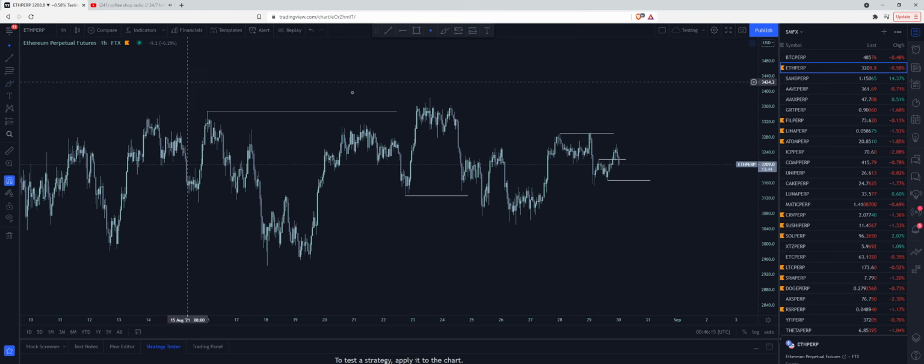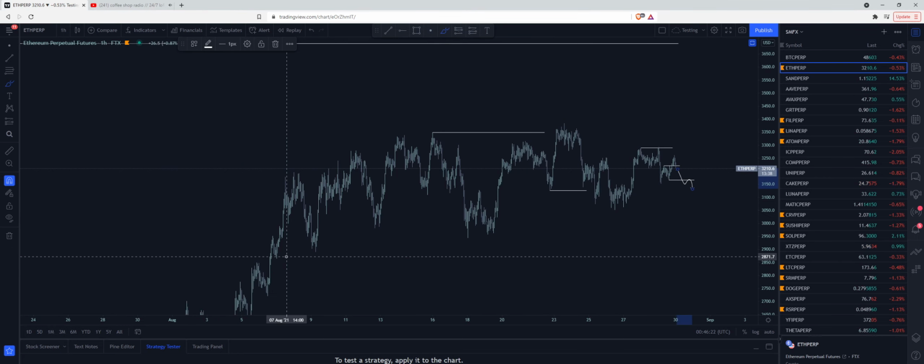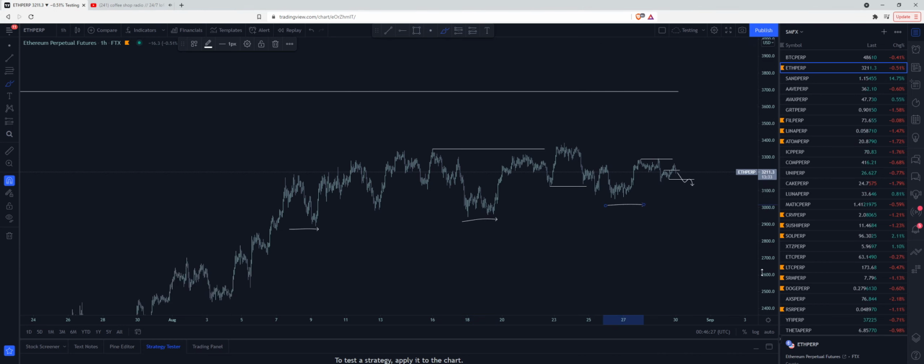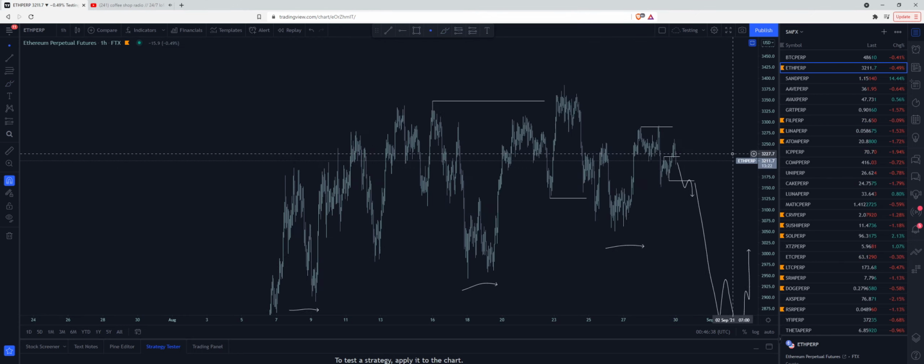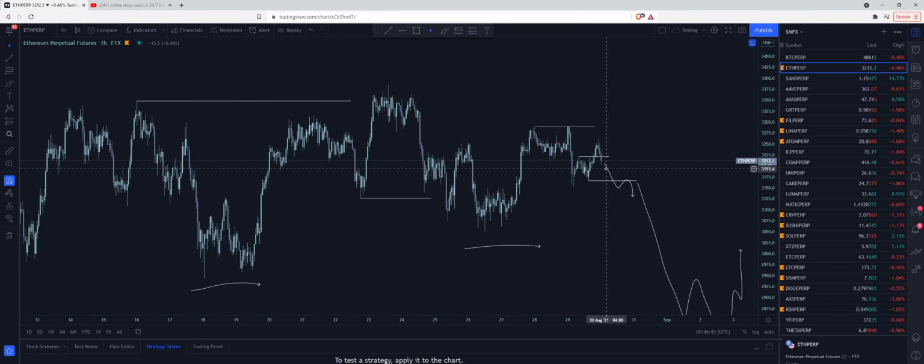Okay, so if the structure then falls below here, breaks below, then we do have a few equal lows sitting below right there. And once we do take these equal lows, if we can reaccumulate, then we should be good for a move up into 37, 3800. However, before we assume that price is going to do that, because we know that price is uptrending, we should favor long. So if we jump onto the M15,